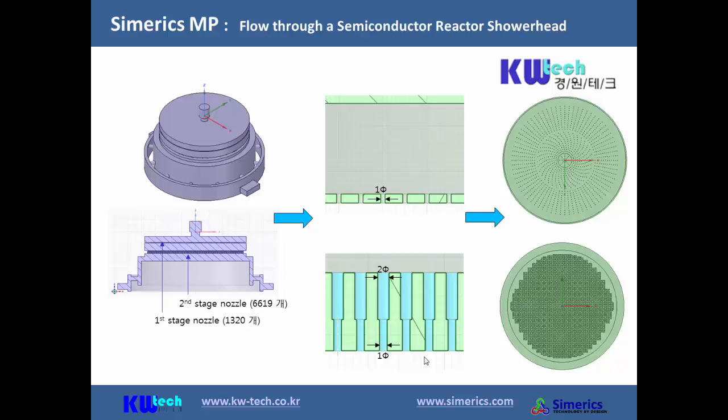This is the example that was done by Simerics MP. You can see that it's a two-stage. So looking at the solid piece here, flow comes in from the top, goes through a first set of holes, and then down through a second set. The substrate would be down here, the reacting surface, and then the fluid that comes in is going to exit